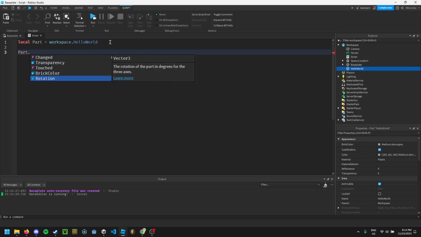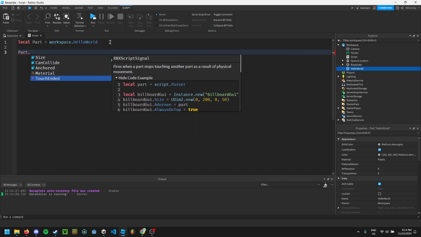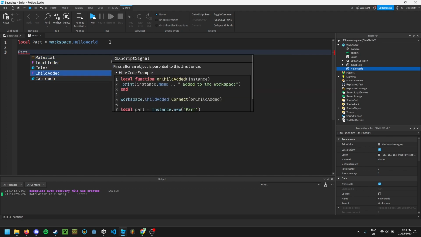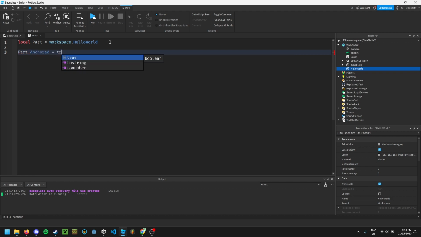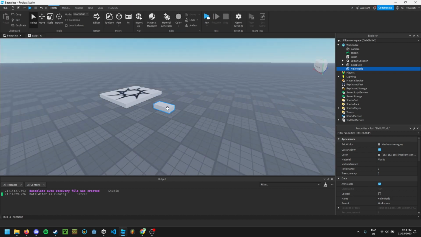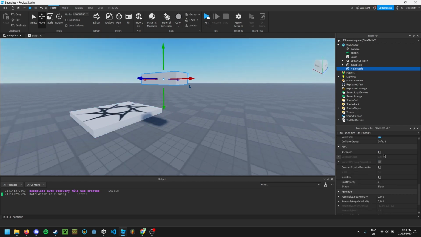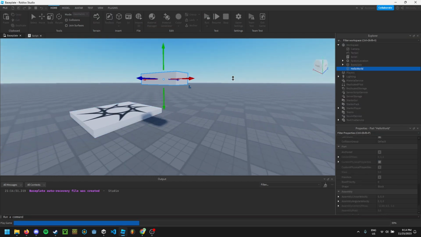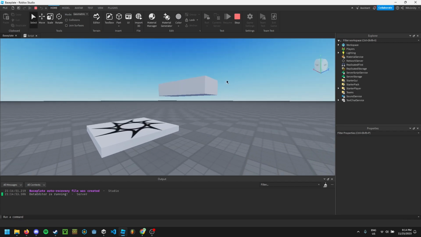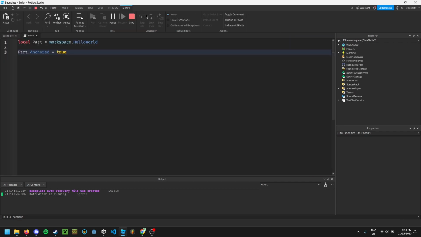Now, of course, you can mess around with all these. I'm just going to do one more though. So let's say .Anchored equals true. I'm just going to move it up here. So normally, of course, this would fall because it is not anchored. But if I hit run, the script will anchor it and stop it from falling. That's about it for